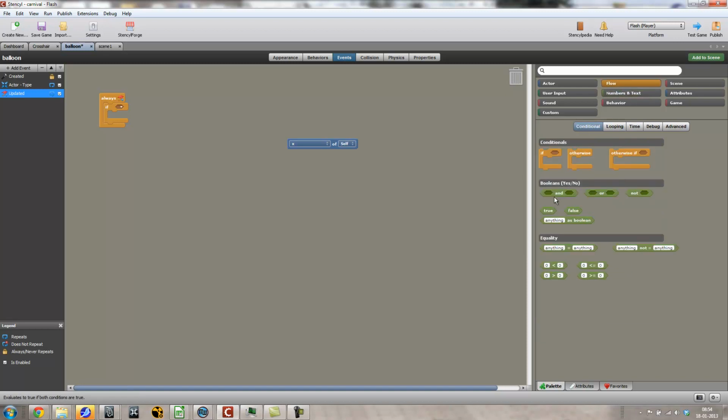Operation if, there we go, if is smaller than, okay, so if the y value, let's just say on screen, or just the y value of self is smaller than 1,